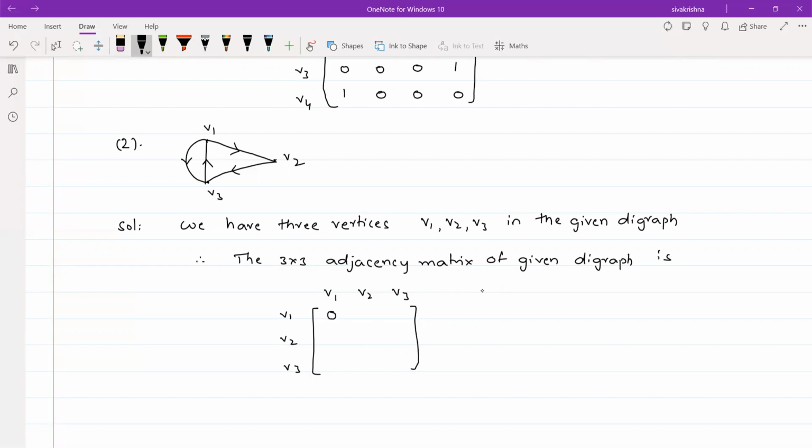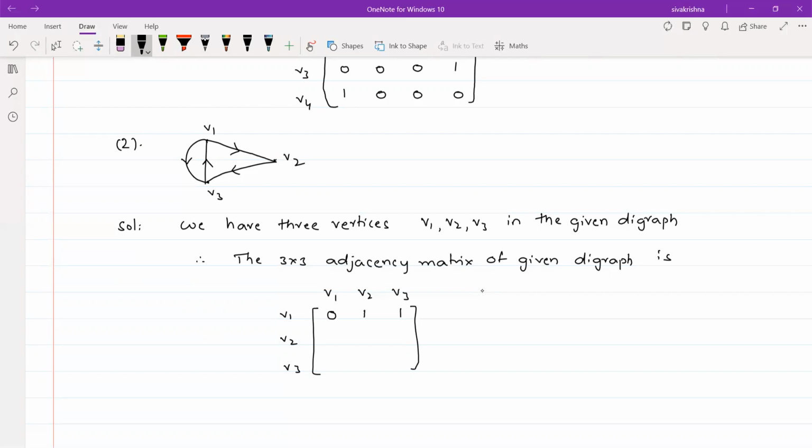So from v1 to v2, yes, we are having an edge passing from v1 to v2, so that we have to write 1. From v1 to v3, yes, we are having an edge. Okay, between v1 and v3 we are having two edges. One is passing from v1 to v3 and another one is passing from v3 to v1, so that we have to write 1. So from v1 to v3